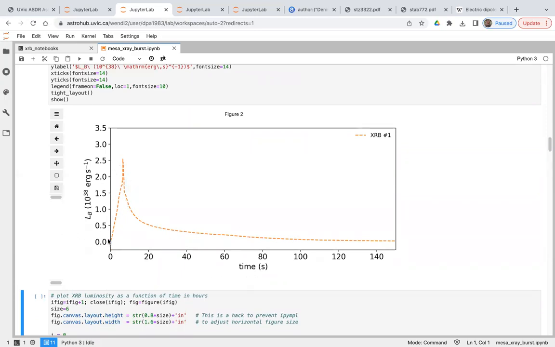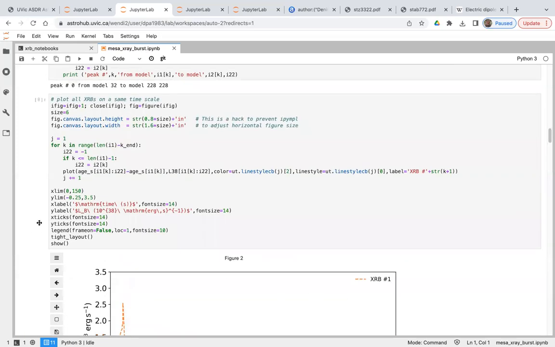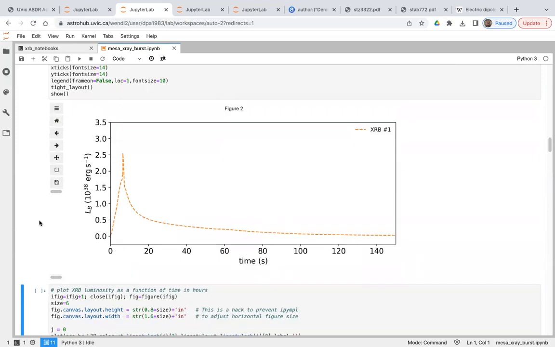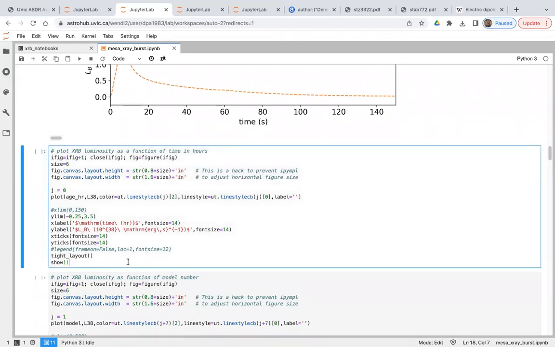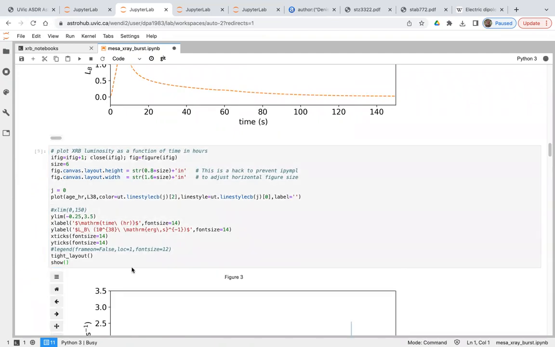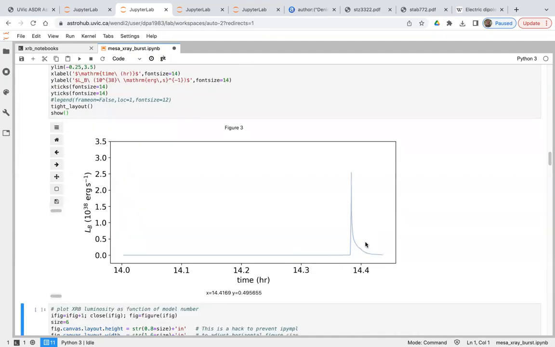And this is its plot, X-ray burst number 1, it says. Because there was just one X-ray burst in this case, but this is the 7th, actually. So now here I plot X-ray burst luminosity as a function of time in hours. Time in hours, you can see we have a nice peak. Luminosity in the same units, 10 to the 38